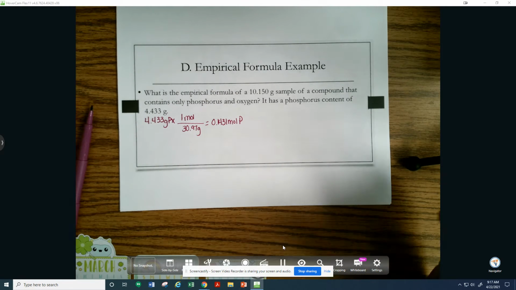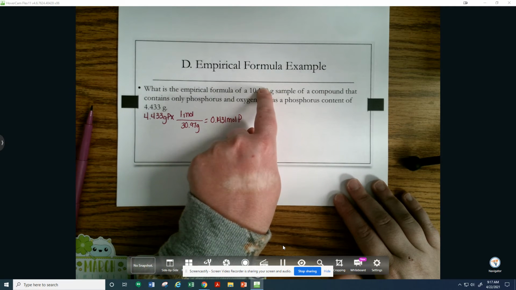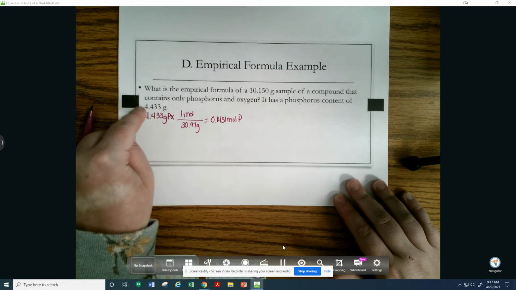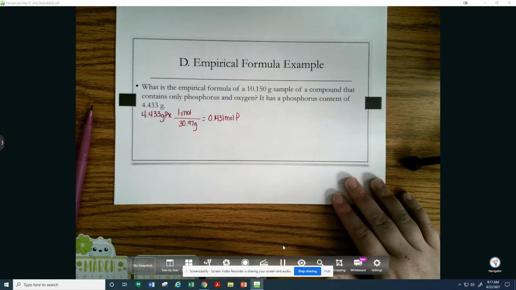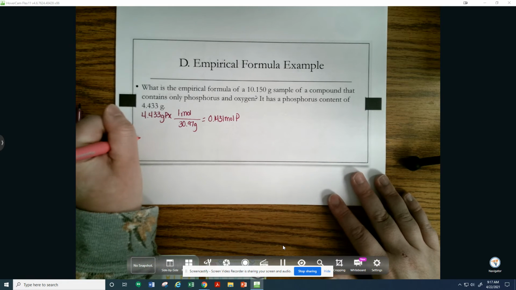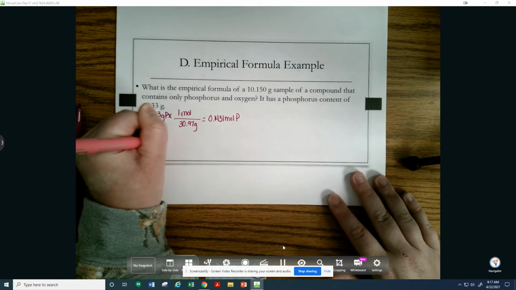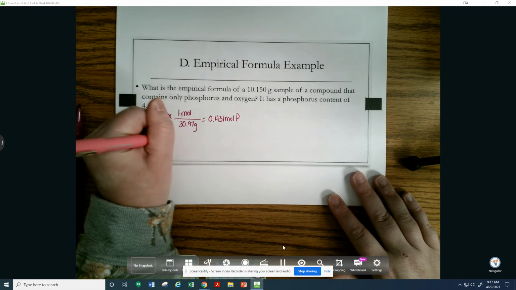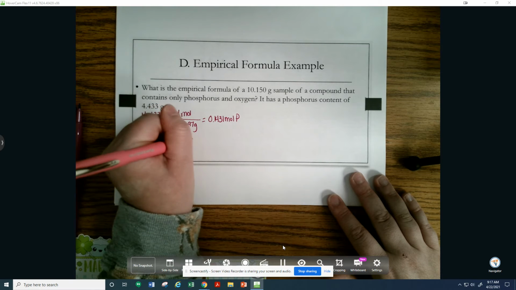The thing with this sample is it tells us nothing about the oxygen directly. However, it tells us the sample has this much mass. Of that, it's made up of 4.433 grams of phosphorus. So that means the remaining piece is all oxygen. So that's a really easy thing to figure out. We just need subtraction. So we're going to take that 10.150 grams and get rid of the mass contributed by the phosphorus. And that gives us 5.717